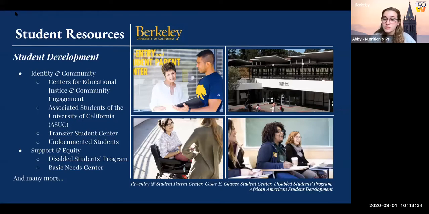We have our Disabled Students Program, which I know I personally have done a bit of note-taking for if people need accommodations and need notes taken. Other students are there to upload their notes, so we're all just kind of helping each other out. And also our Basic Needs Center, which is a great resource, as well as many more that can be found in that center, as well as Martin Luther King Student Union. And these are all available for all students to come. People are really willing to help, and you find your community and people who are wanting to support you in your academic pursuits.